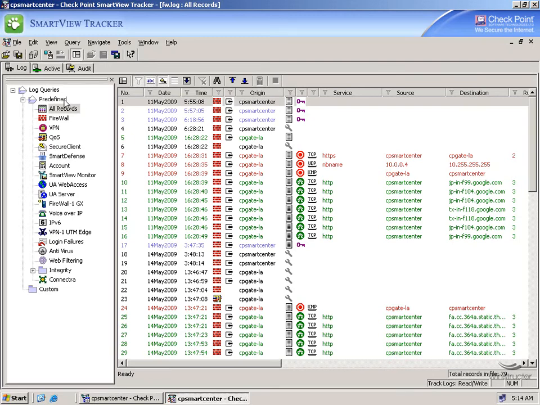Over on the left hand side we can see this Explorer style window on the left, and we've got a couple of folders here, predefined, and down the bottom we have custom. Now obviously this predefined folder is what contains all of these predefined categories of events that have been logged. And at the bottom, the custom folder is where we can create our own filters and then only show specific